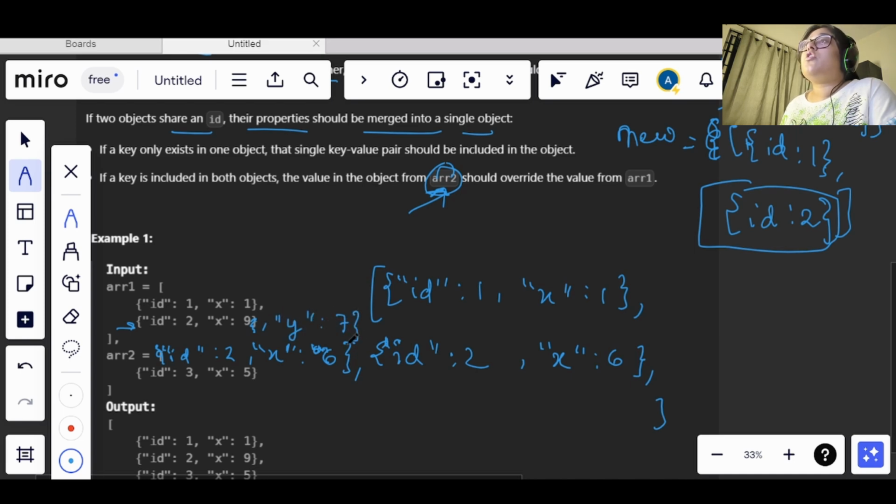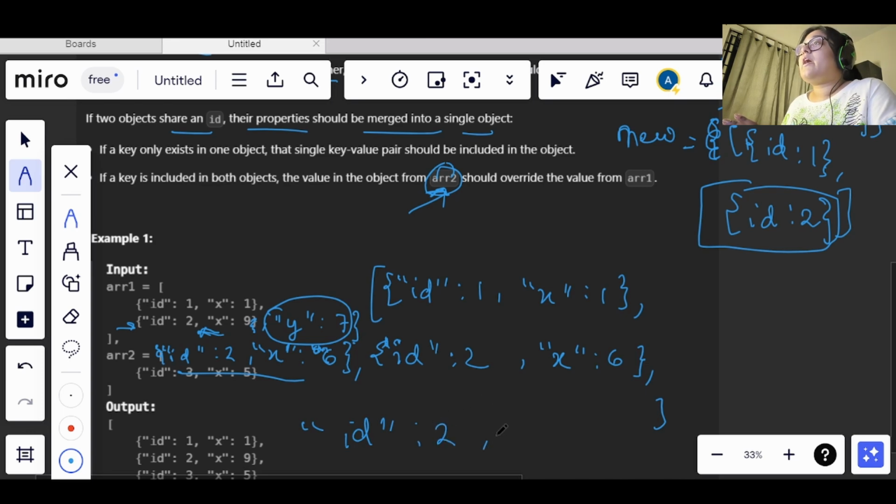Now x should be copied here, but this y should also remain. So we need to modify the object, but the key and value pair should not get lost. So this ID 2 value will be there.